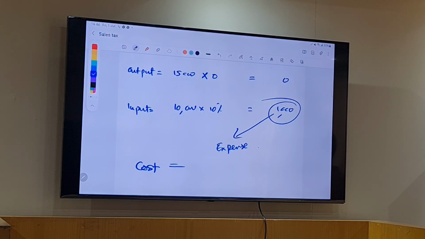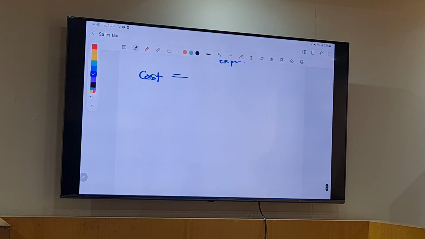And this will become a cost. So this is the analytics of this. Now we will look into the double entries. What's the time now? We will stop. No problem. And I will continue this tomorrow, inshallah. So we will stop there.